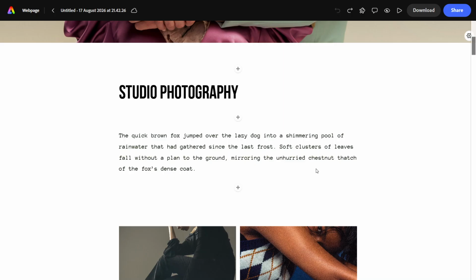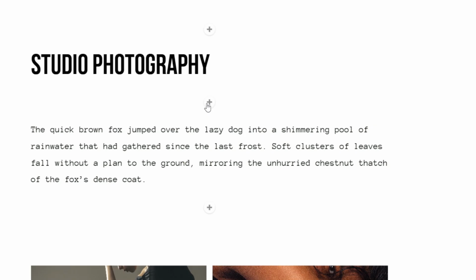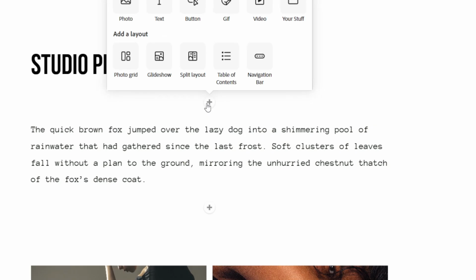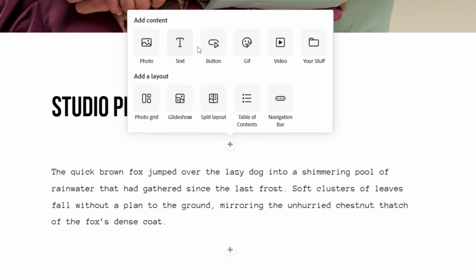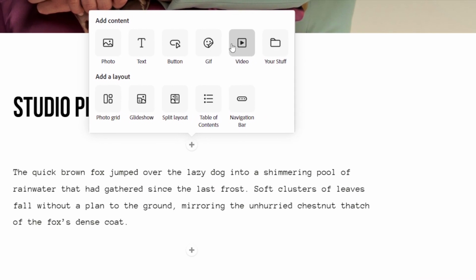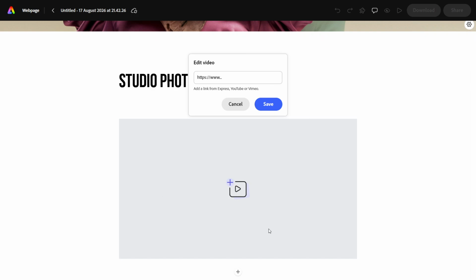When you're in the right spot, click the plus icon in that area. This opens the menu for adding new types of content to your project. From the available options, select Video. Adobe Express will add a video section to the page with a field where you can connect a YouTube video